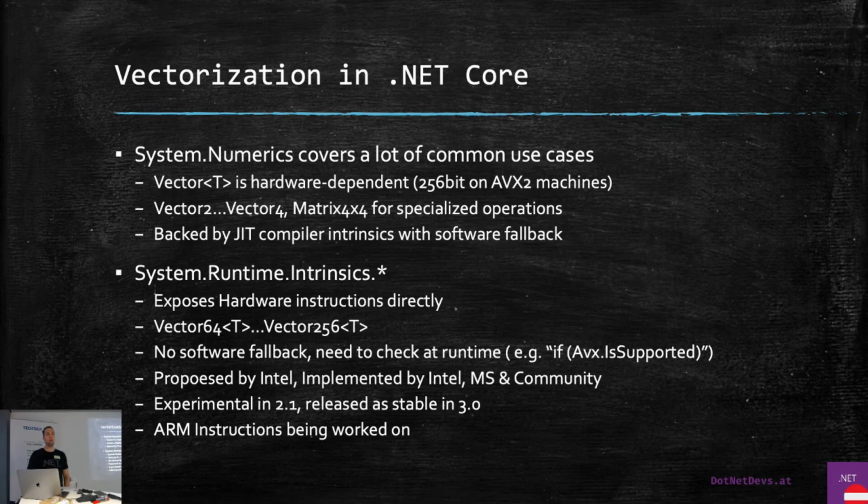So if you're not running on a machine that supports this specific instruction set, you need to check this with an if. So you would write if AVX2 is supported, then run the fast version, else software fallback. Maybe check for AVX2, then AVX, maybe run some SSE code instead. There is no version for ARM at the moment. ARM is being worked on because it's more complicated to find out which features are actually available, and the feature set is more diverse, but